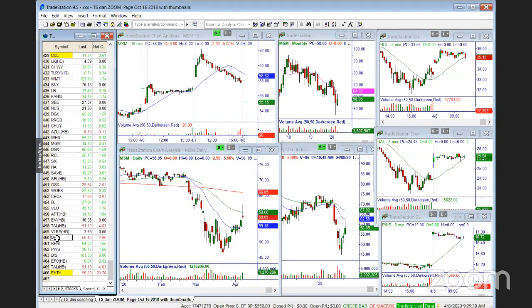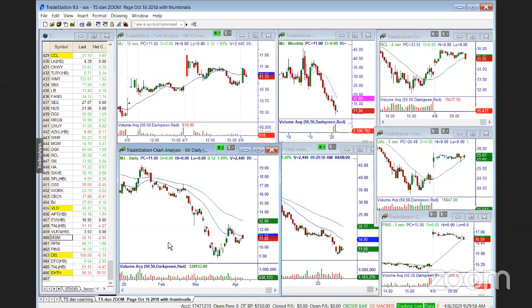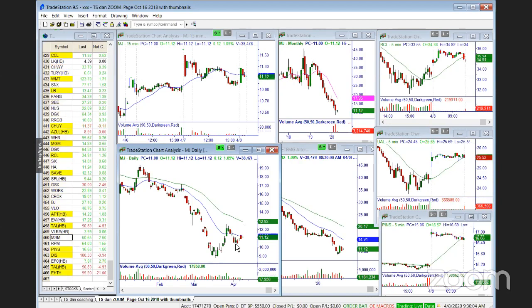Yeah, it wasn't a gap risk per se. It was just something we found scanning yesterday. MSM gapping down. So I don't know what to do with that. Michael Jackson over the high. We mentioned this yesterday, that there were a lot of setups that were bullish the day before that we entered. They closed with a red bar, which means under the open,